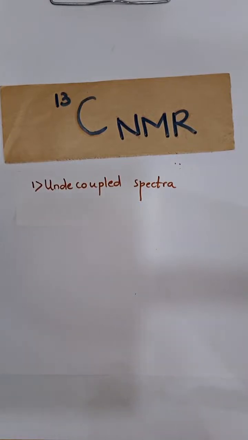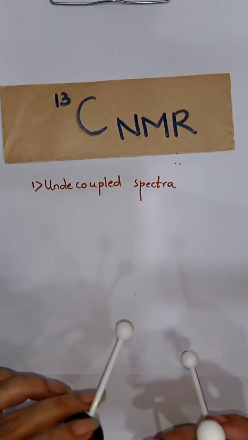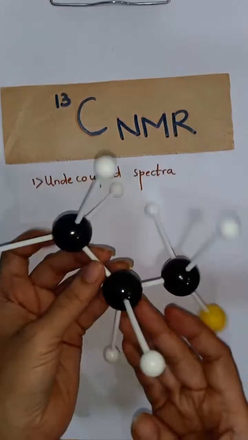In this type of spectra, all couplings due to carbon and hydrogen and other magnetic nuclei are observed. Now, as carbon undergoes extensive coupling, not only with attached hydrogens, but also with hydrogens present on adjacent or distantly placed carbons, complex spectra are observed even for simple molecules, which are difficult to interpret. First of all, why is it happening? For example, let me consider this